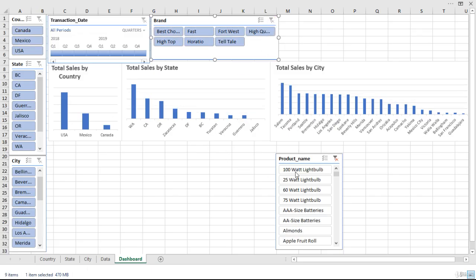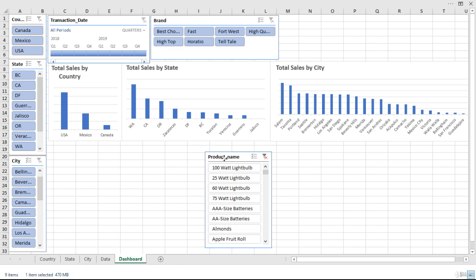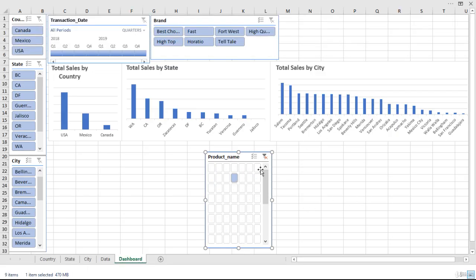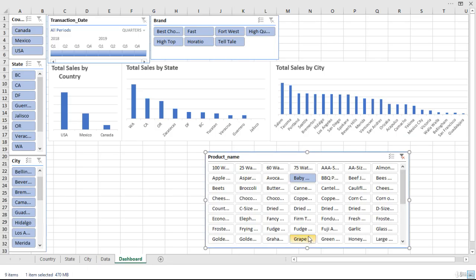And now the next thing that I want to do is the same with my product name. I want to fit it in here, so I will first of all select it and say I want more columns, and here we have more columns. There are so many of the products, so I think I need to have even more columns to be able to fit in anywhere. So if I can just